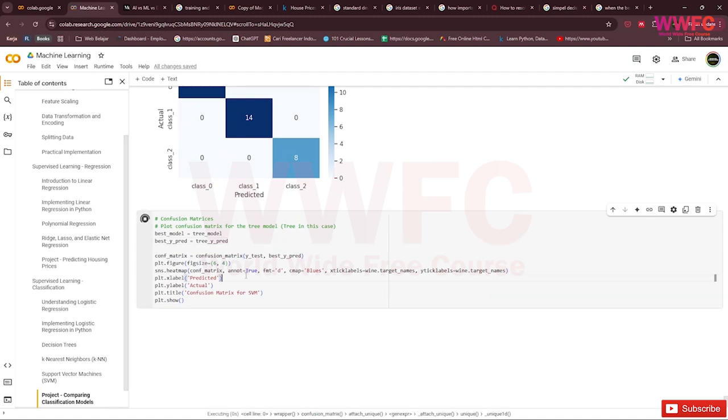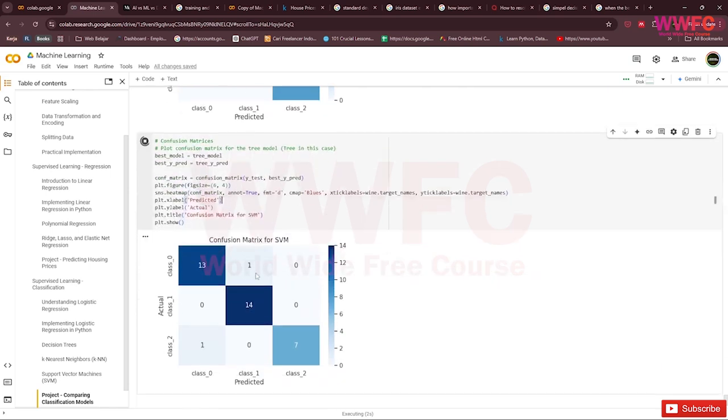Then the tree prediction. You can check this, maybe here there's a mistake: one should be class 2, but they predicted it as class 0. It should be class 0, but it predicted class 1.